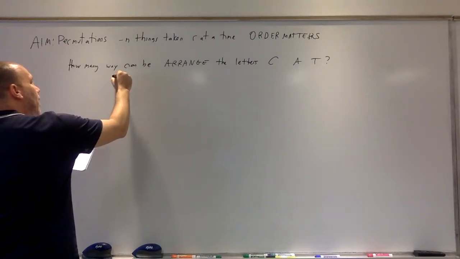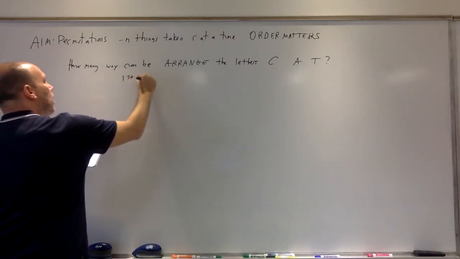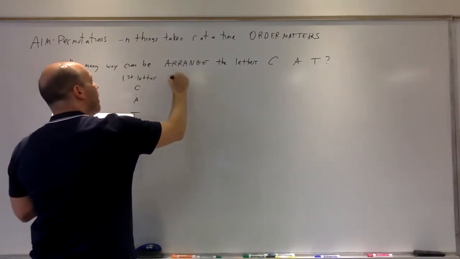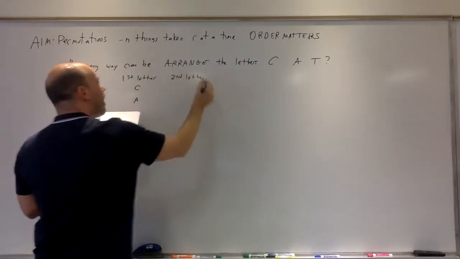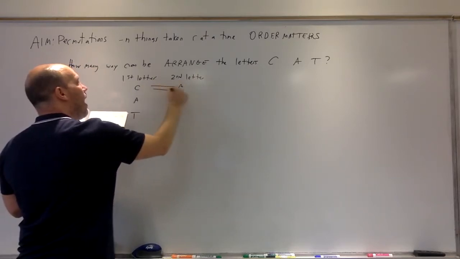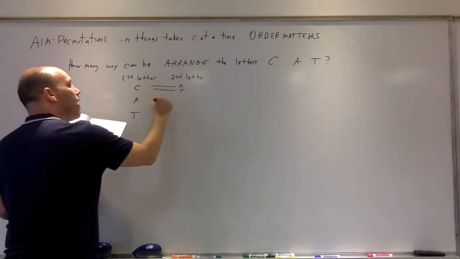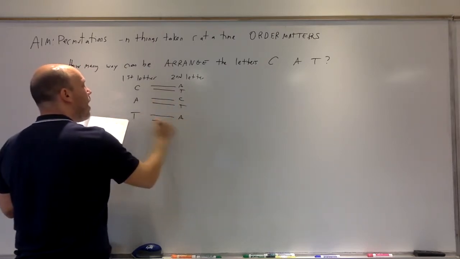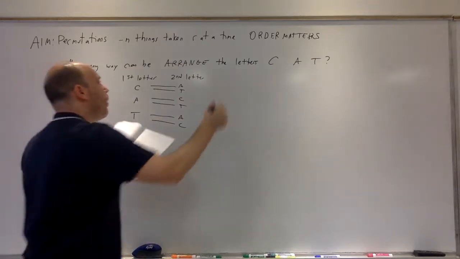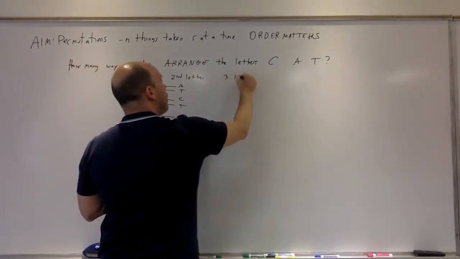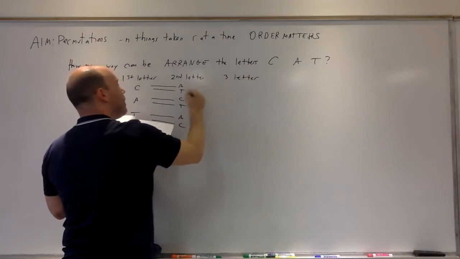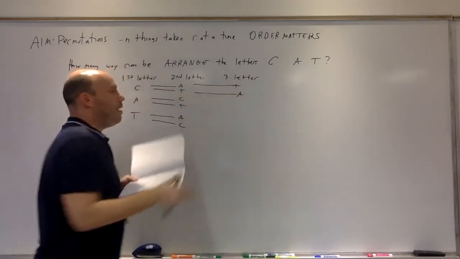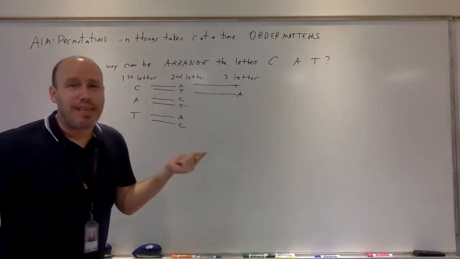So the first letter is either a C, an A, or a T. The second letter is either an A or a T. If the first letter was A, the second letter was a C or a T. And if the first letter was T, the second letter was an A or a C. And then what's going on with the third letter? If it was C-A, it was C-A-T. If the first letter was an A and the second letter was a C, how many